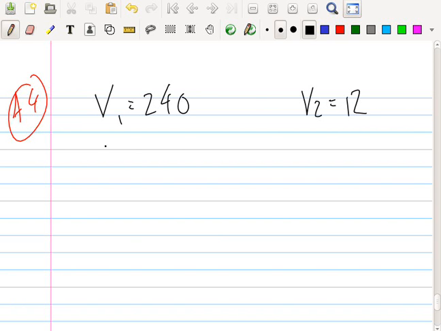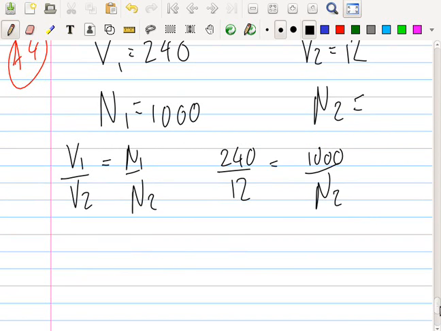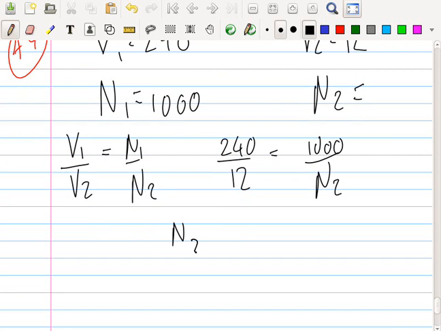Now, what's the primary number of turns? 1,000. And what does he want? Secondary. Oh man, free marks. So the formula is V1 over V2 equals N1 over N2. So 240 over 12 equals 1,000 over N2. So I get N2 would equal